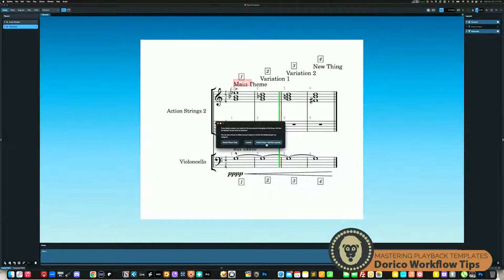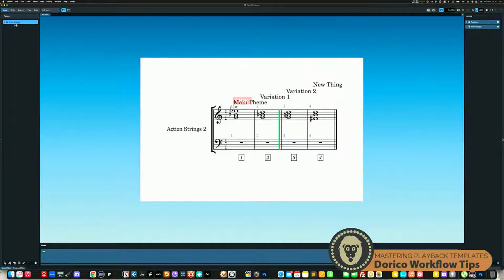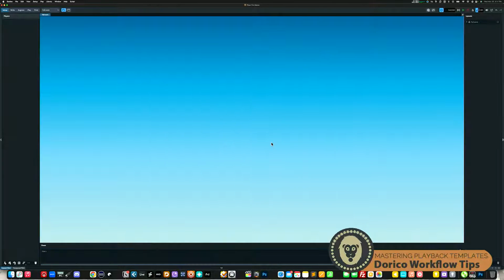I always, if I'm getting rid of an instrument for good, definitely want to get rid of the player and the parts. Okay, so let's go ahead and